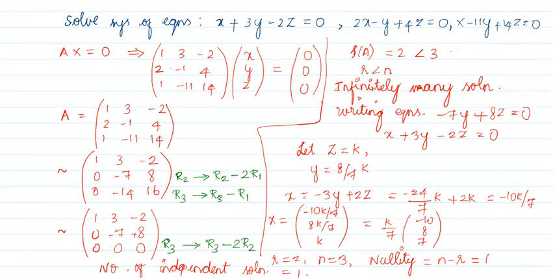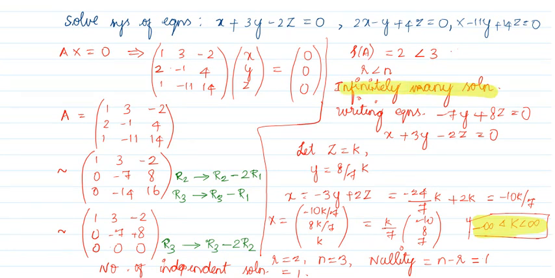And in some cases we will be having some constraint, like if k is in some denominator, then we cannot put k equal to 0, because then the solution will become infinity. So in some cases there will be some restriction, otherwise k varies from minus infinity to plus infinity. Hence we are telling that it has infinitely many solutions.